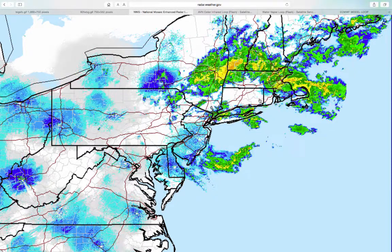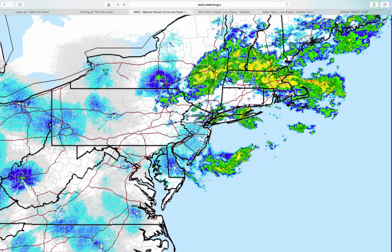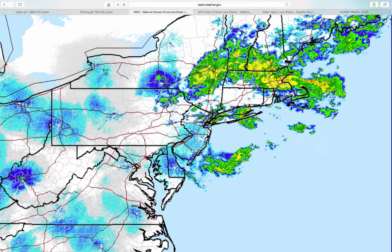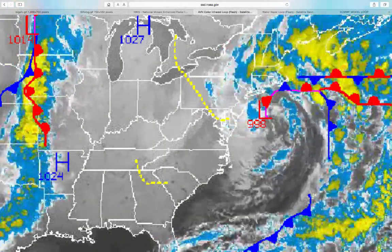I'm looking for anywhere from another quarter to a half an inch over Pennsylvania and western New Jersey, and a half an inch, possibly an inch of rain, basically from eastern New Jersey on through Connecticut for the rest of today. On the latest infrared satellite picture, you can see our area of low pressure just spinning here off the New